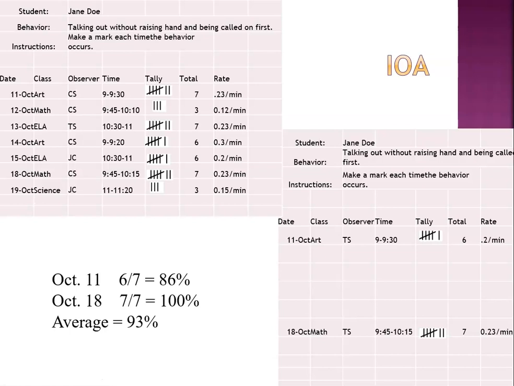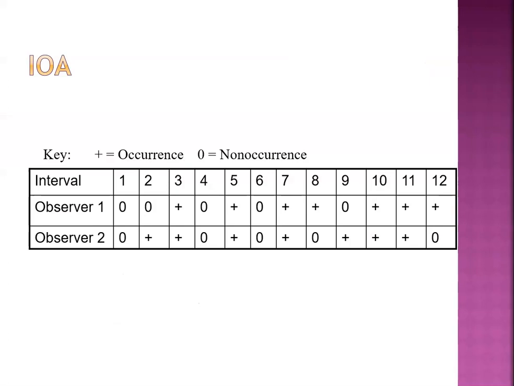The average is 93%. Is that what you calculated? That's acceptable inter-observer agreement. By establishing this kind of agreement, we know and can trust that the data are accurately recorded. Now, in the case of interval recording of data, rather than the frequency data we were seeing previously,